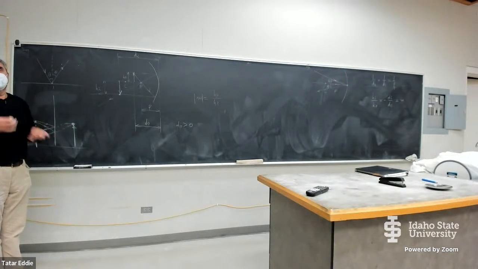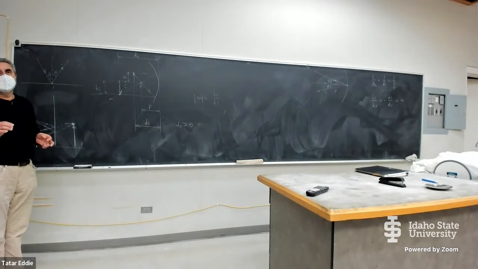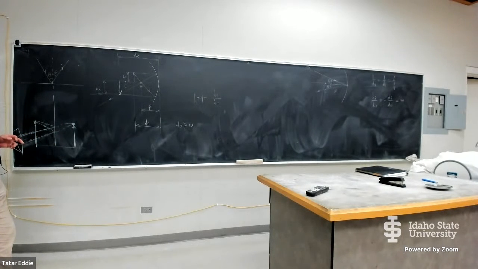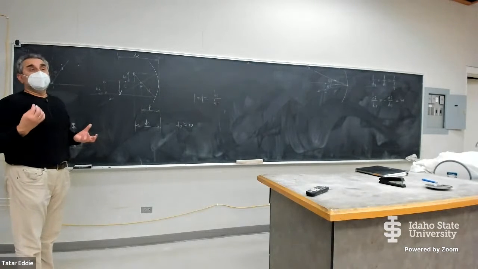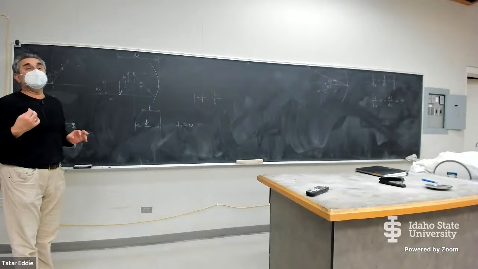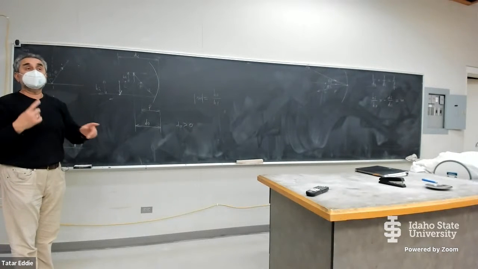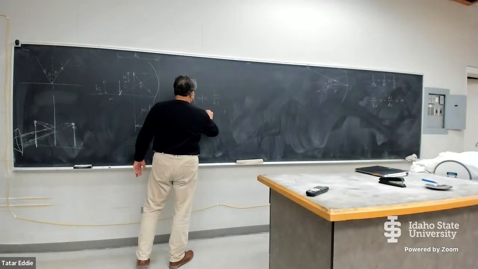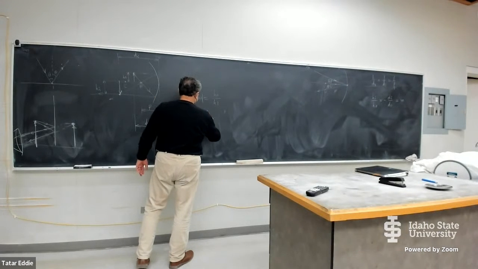You can prove it by looking at appropriate triangles, but again, it is obvious for this case. So it is an enlarged image. The second property of the image is that it is inverted. It is upside down. So you have enlarged, inverted,